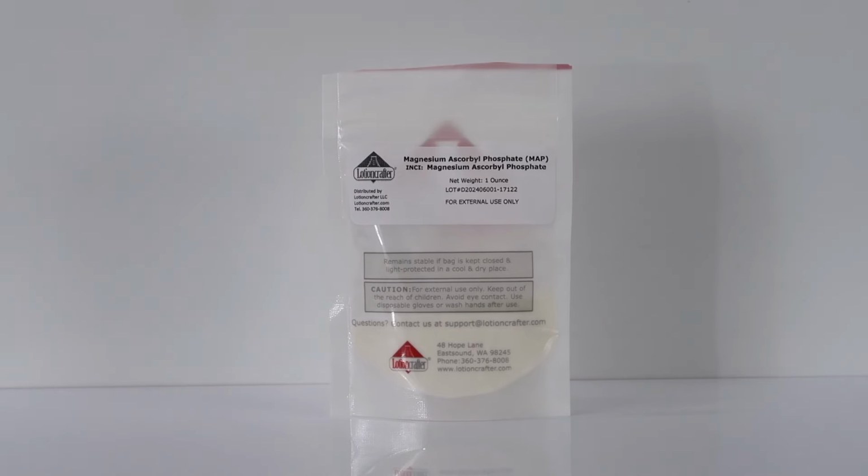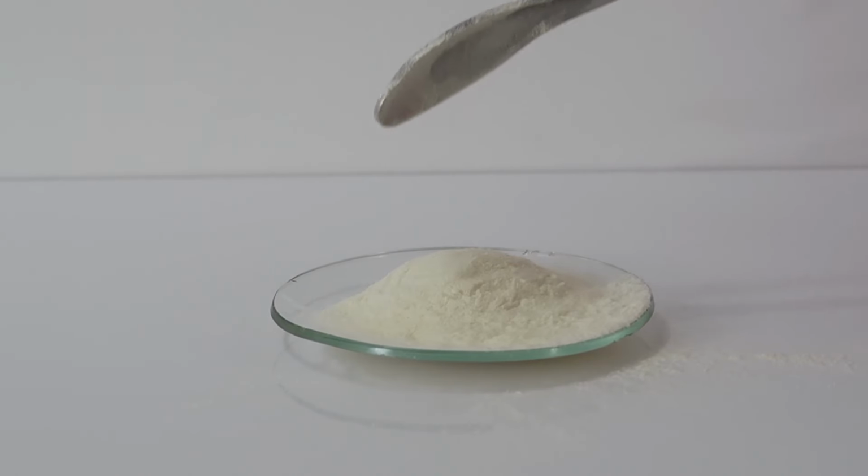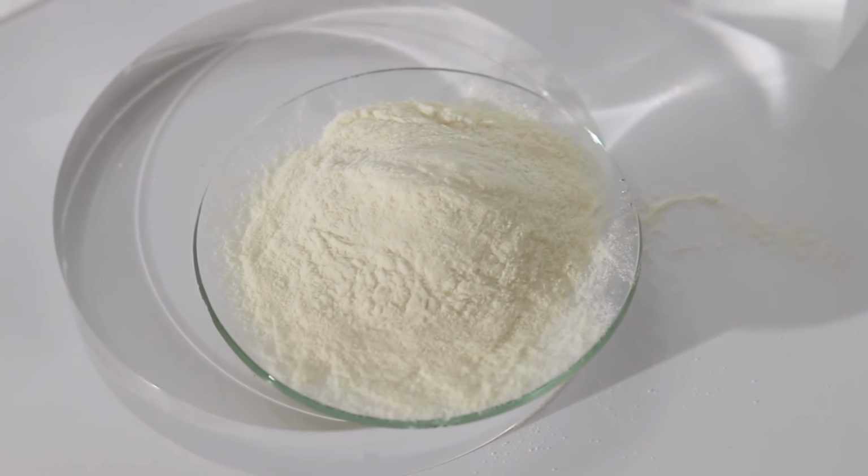So I actually found this vitamin C derivative, MAP, to be my least favorite to formulate with because I ran into some stability issues while using it, and we'll get into that. First, MAP has been proven to work as a skin brightener. Also in one study, MAP accelerated collagen production and assembly in wound